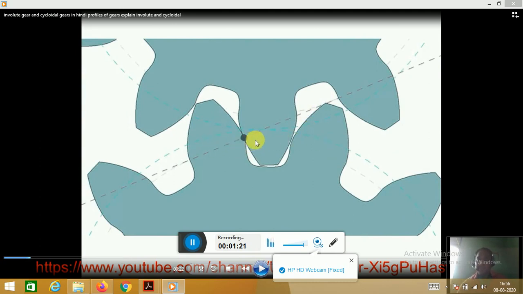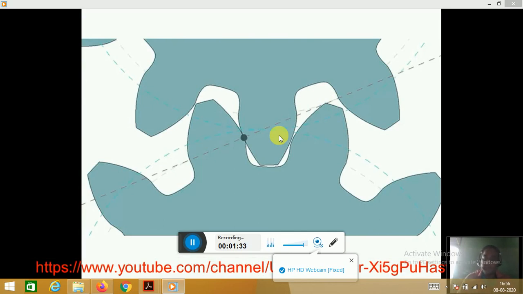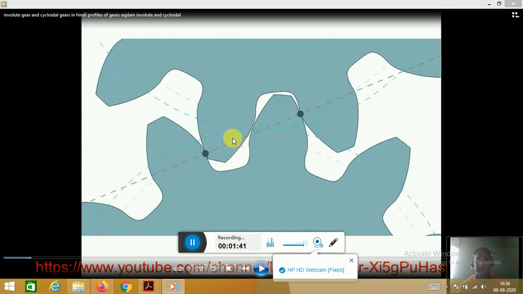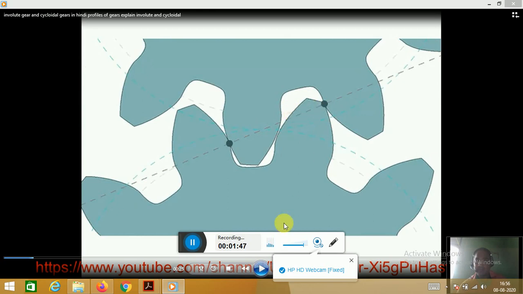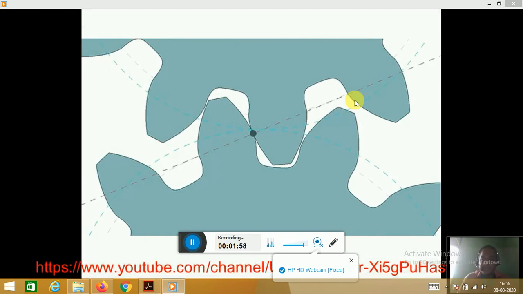So, if you draw this locus and this vector which is passing through this particular line, then that is nothing but your line of contact. Why is that called the line of contact? Because the contact is happening along that line. You can see this is the start point of contact, and see how that contact is traveling, and at this point it is going to vanish. It is vanished. So the distance from the starting point of contact to the last point of contact is called the path of contact.